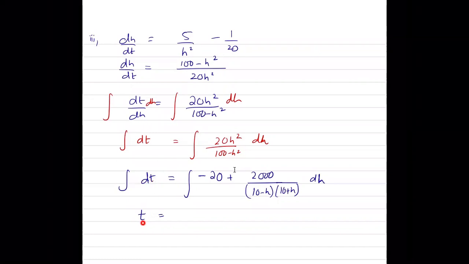Integration of 1 dt is going to be t. Integration of minus 20 is going to be minus 20h, because we are integrating with respect to dh. Now, you can take 2000 common from here. Integration of 1 upon